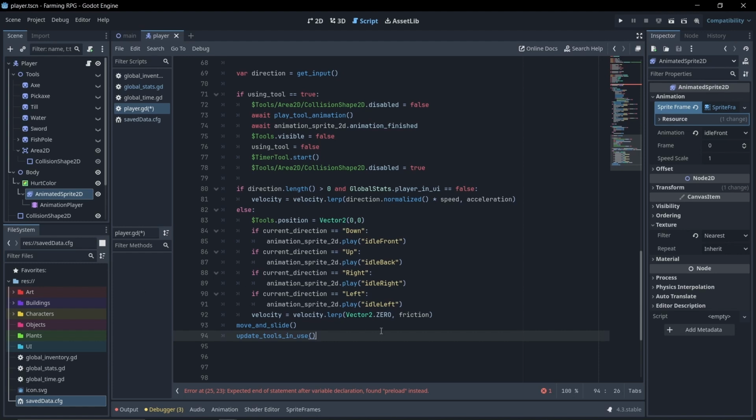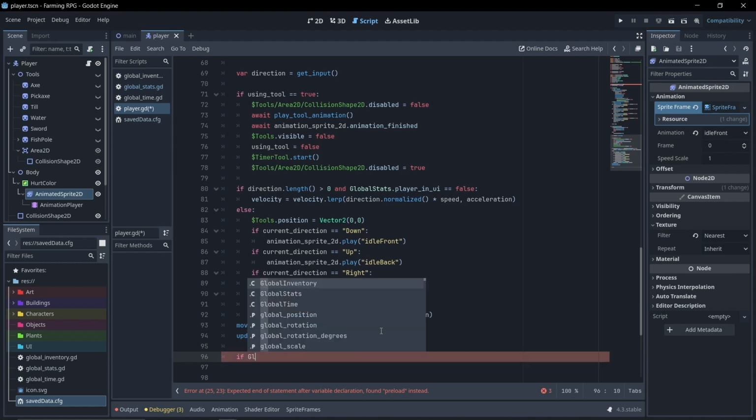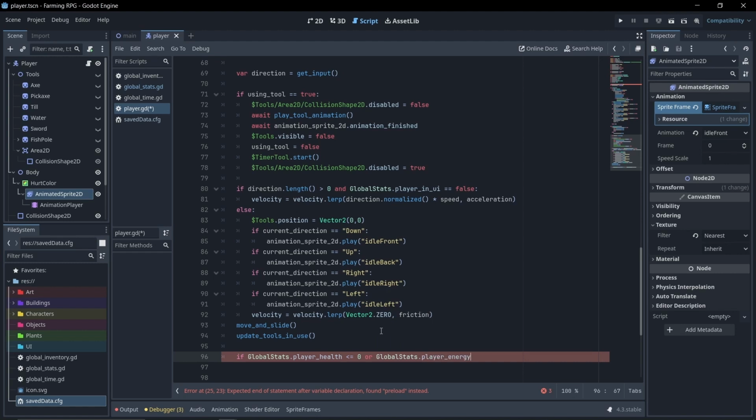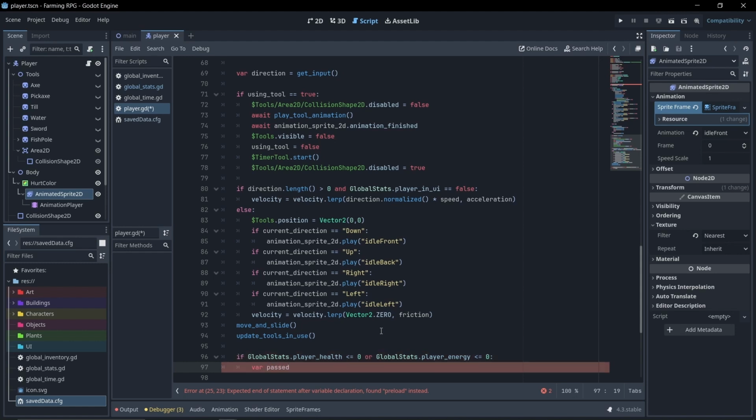We're almost done with this function. This is going to be outside of all the ifs right down here. This is going to be an if for our global stats dot player health, and we are going to do a less than or equal sign to 0 for that, or global stats dot player energy less than or equal to 0. And then inside of there, we're simply going to set our variable of passed out